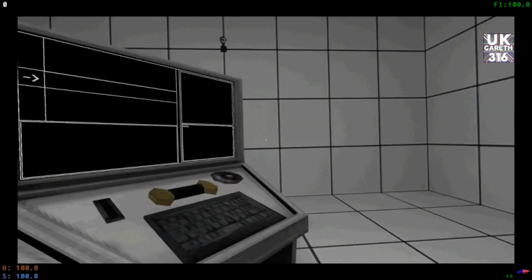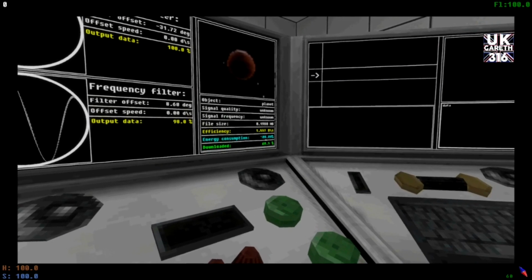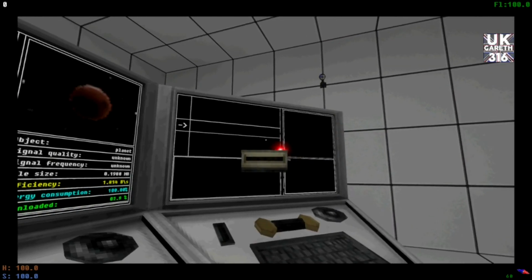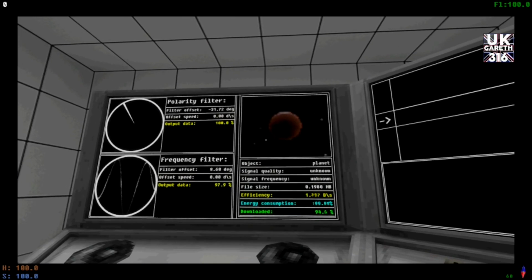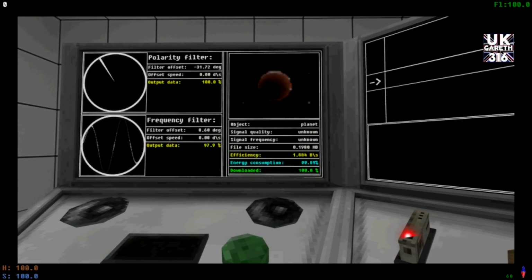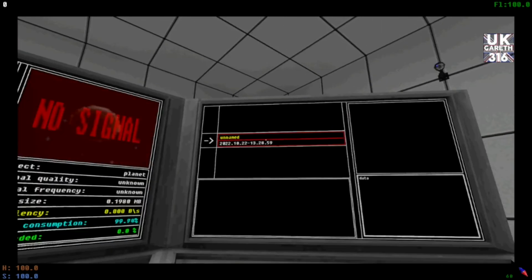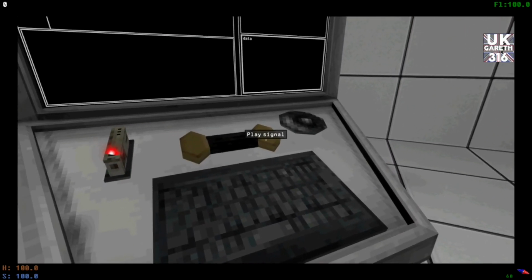Yeah, what it doesn't tell you here, again, this is because I've played the game several times to get the hang of the idea of what you're supposed to do next. As you can see, it's downloading here. What you're supposed to do is pick up these, which are called drives, and put the drives into there. Save the signal, which then gives you no signal and a beeping noise. You can listen to the signal,